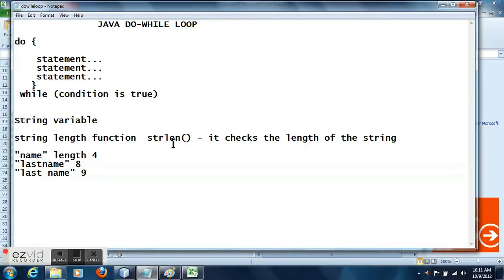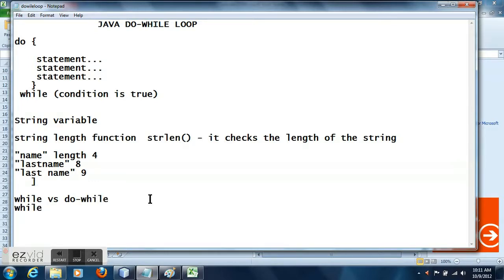Okay. Also, let me explain a little bit about the difference between while and do while loop. If you remember the while in my earlier tutorial, the syntax of the while is that immediately after while you provide the condition, while followed by the condition.